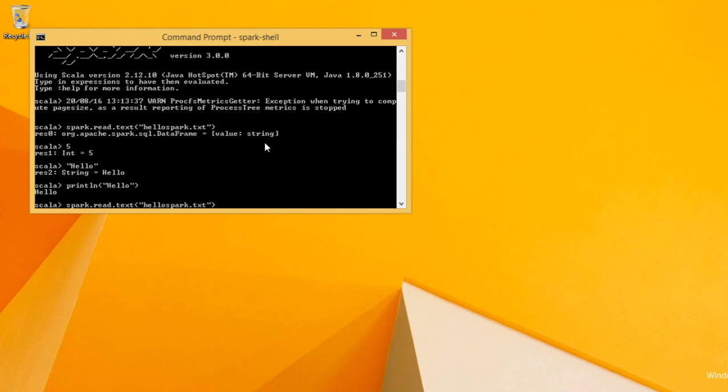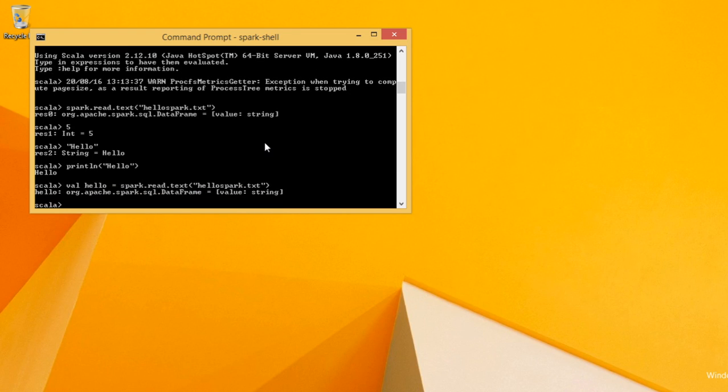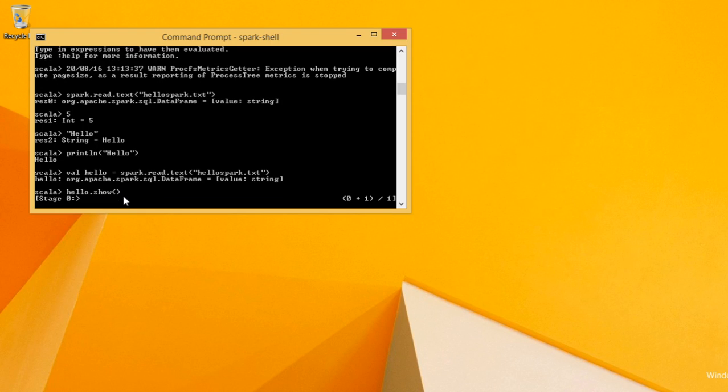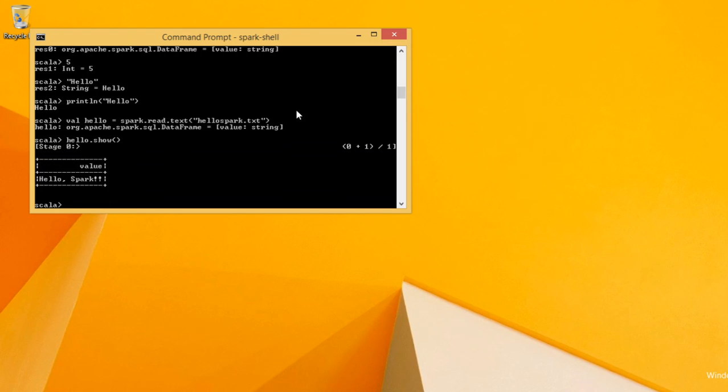We can also go ahead and assign it to some variable, val hello equals, and we got our variable hello. Hello dot, so it's reading, and now we have got something value and hello spark. So why do we see it like this, and what is this value here?